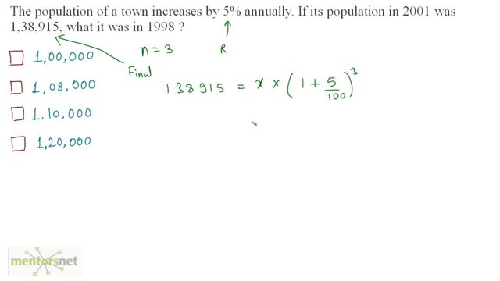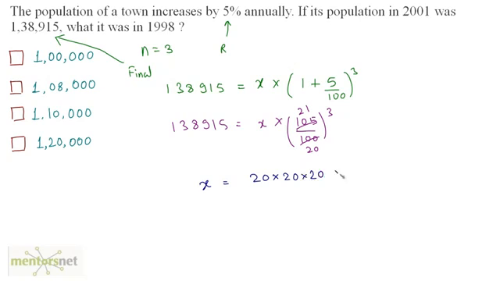So this can be evaluated to 1,38,915 is equal to x times 105 upon 100 to the power 3. Now I can divide this by 5, numerator and denominator by 5. 5 times 20 is 100, 5 times 21 is 105. Therefore I can say x is equal to 20 cubed, so 20 times 20 times 20 times